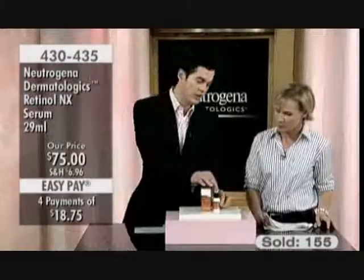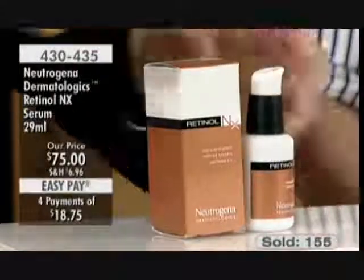Well, let's talk about the stabilization process, which is really unique. From the way it is manufactured in the lab to the way it's packaged at the factory, and even the way it's shipped, and the way it's packaged now with the top that locks